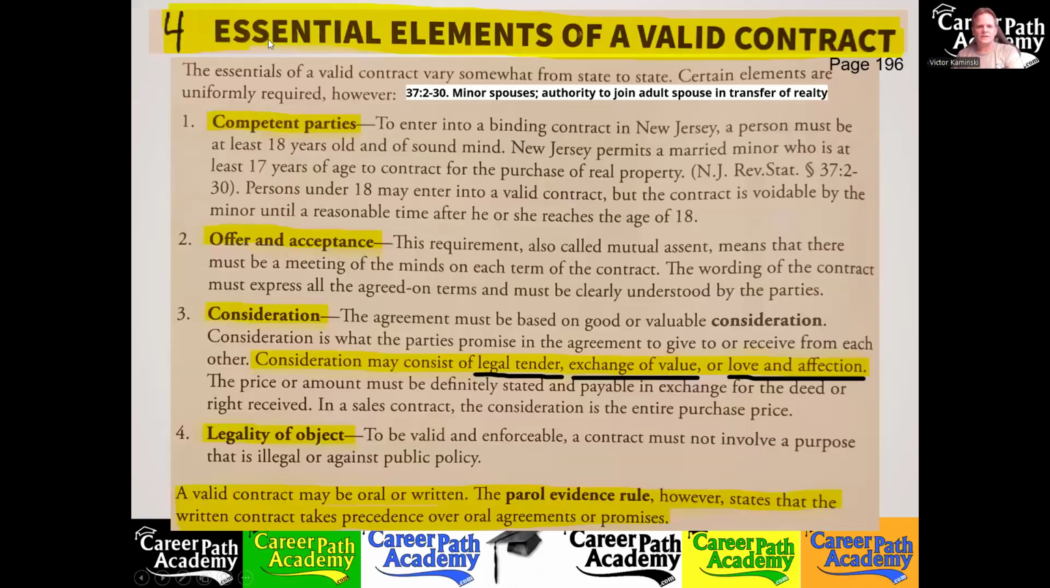Let's write this next to the title. First of all, we'll highlight, then write the number 4 in front, and then highlight just these titles. And then this down here about the parol evidence rule. I added a little note in here,